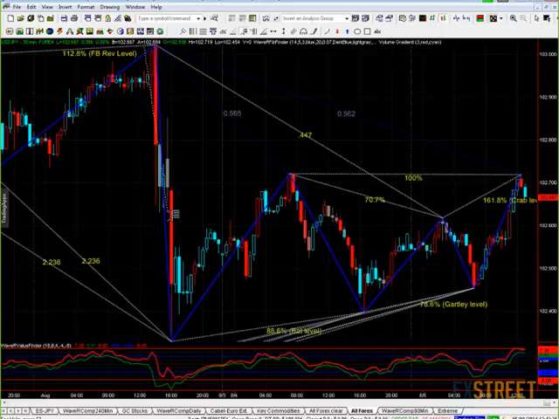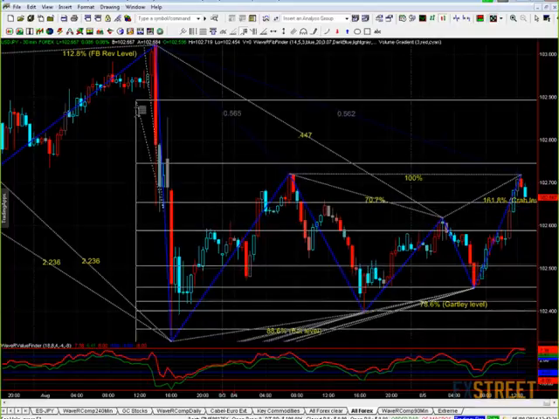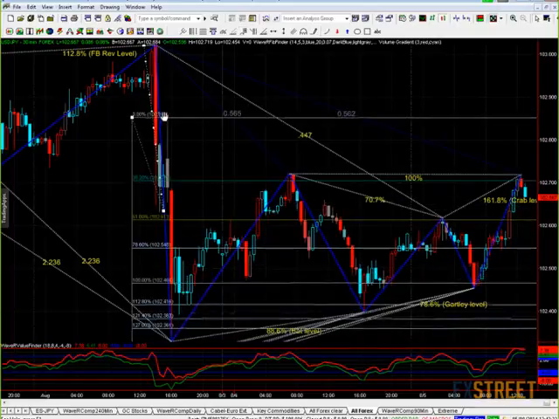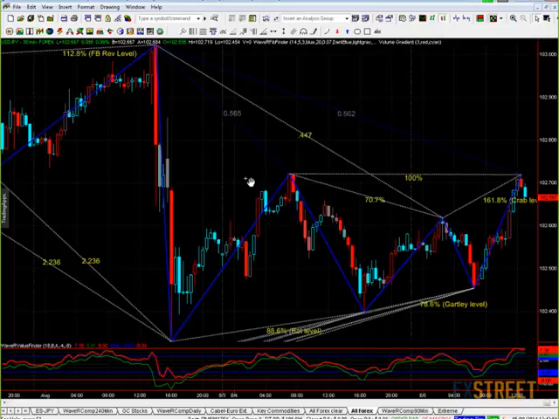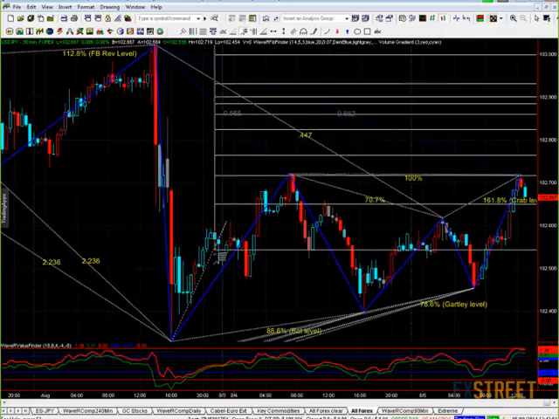From the high to the low of the first move, the A move, we measure it down from the corrected top, and where does it come to? Well, 100%. We've got tails that ran below 100%, but in that region of 100% is where we've got consolidation, and that's where price decided to break on up. So once again, we've got a corrected move, an ABC type move, and once it was completed, it gave us a level at which we had a beautiful buy level.